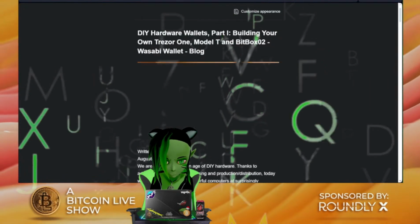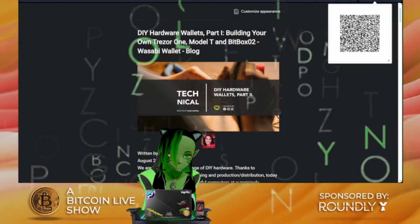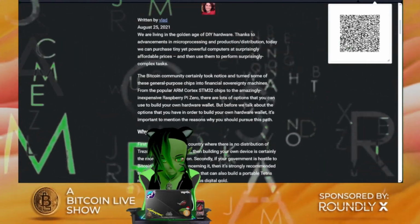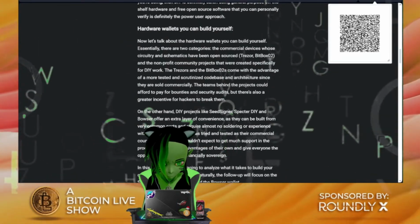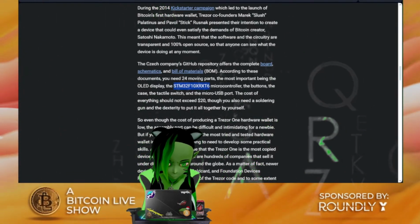You know, let's get specific. I know some people are going to want to be specific with a specific type of hardware wallet because that's just what they want. We got you covered. Because if you're doing it yourself, you can at least have the framework of removing things you don't want in your thing. Yes, they are actually using a different